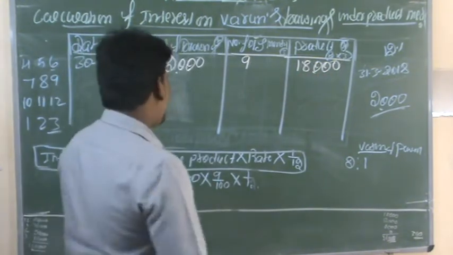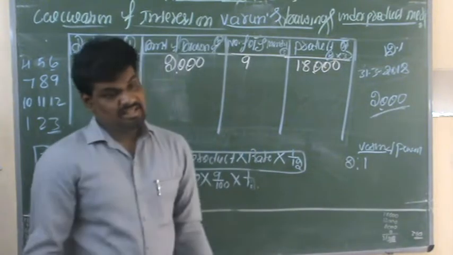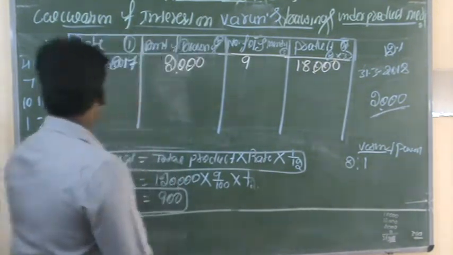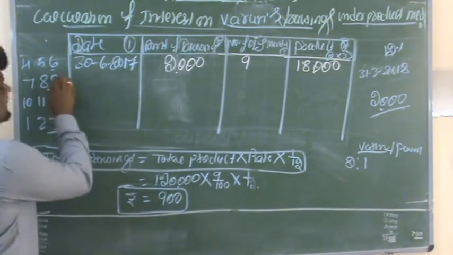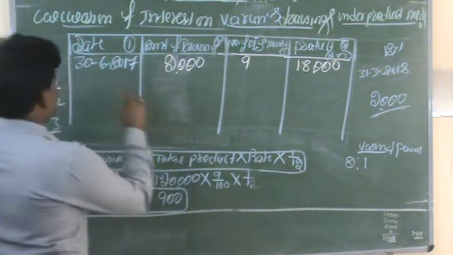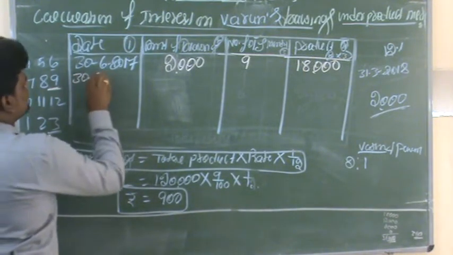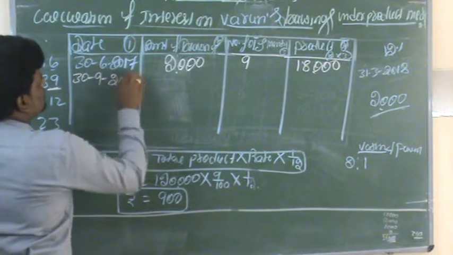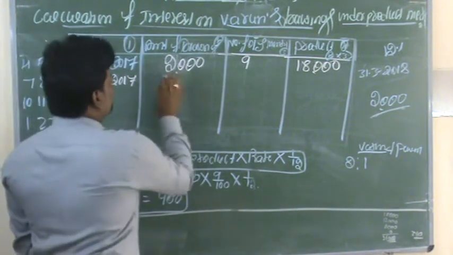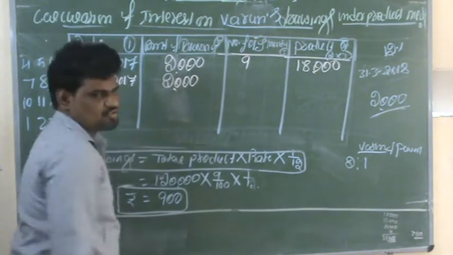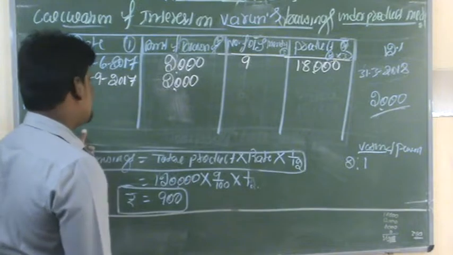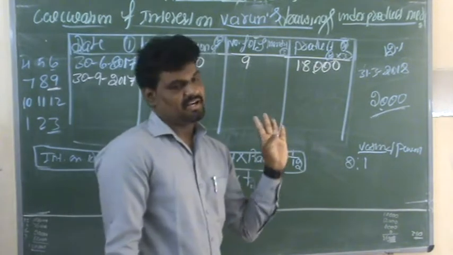On the same thing again, this partner is withdrawing on the next interval period, I mean the next quarterly date, 30th September 2017. At the end of the month only, they are withdrawing. The amount of drawings is constant, 2000. From the date of withdrawal to the end of the assessment year, now we have to ascertain that outstanding period.